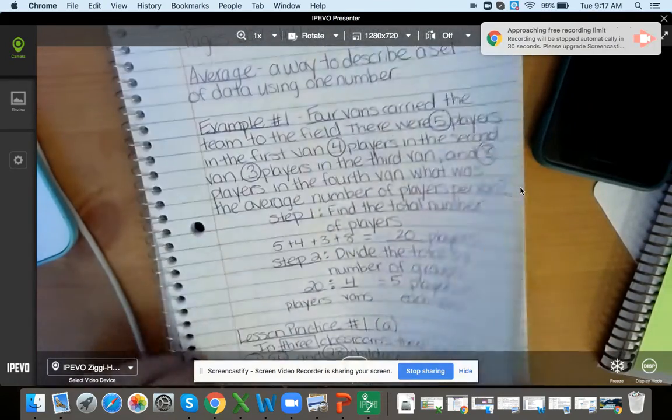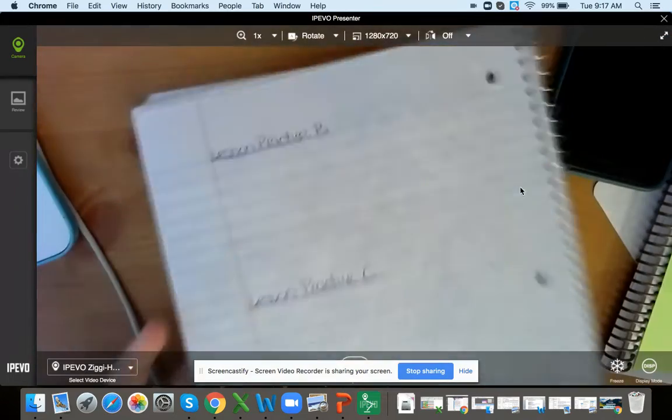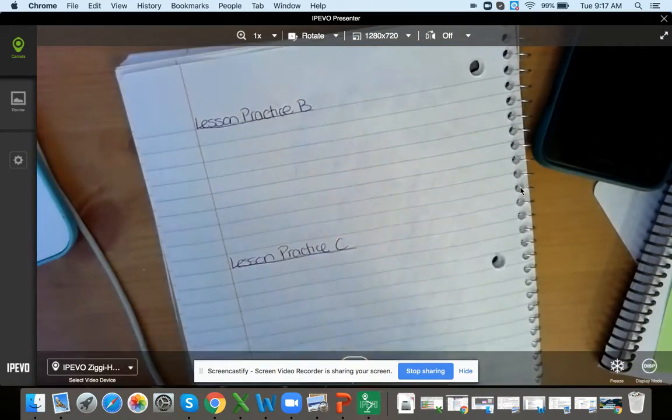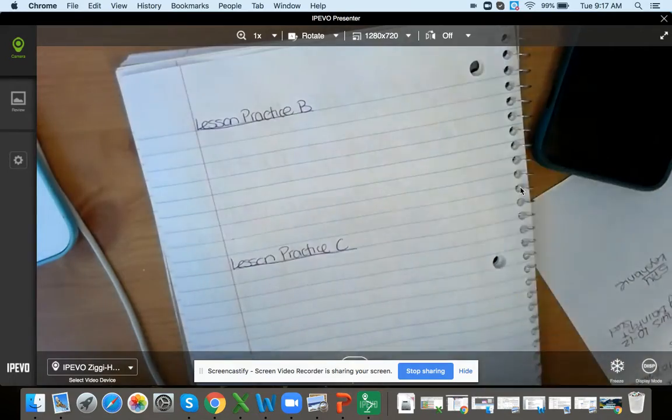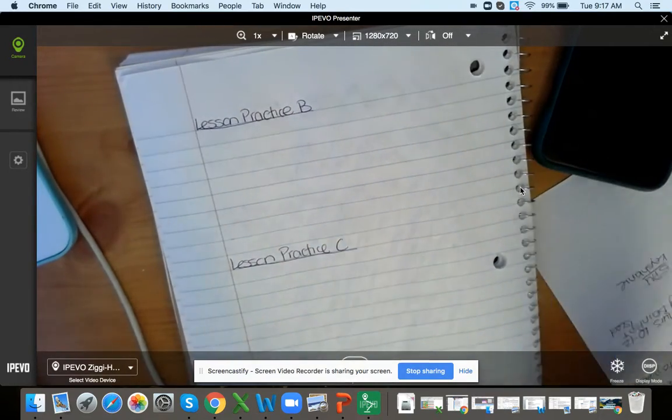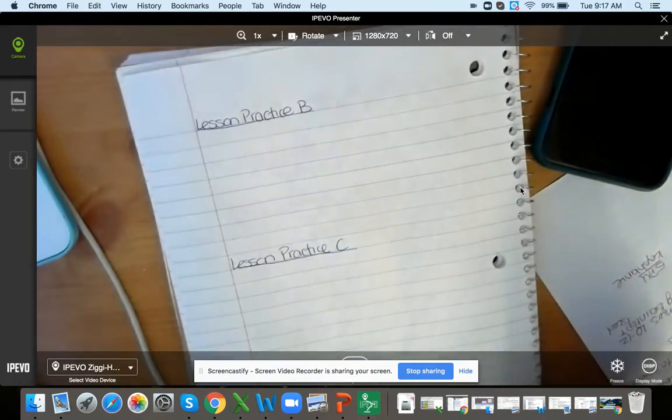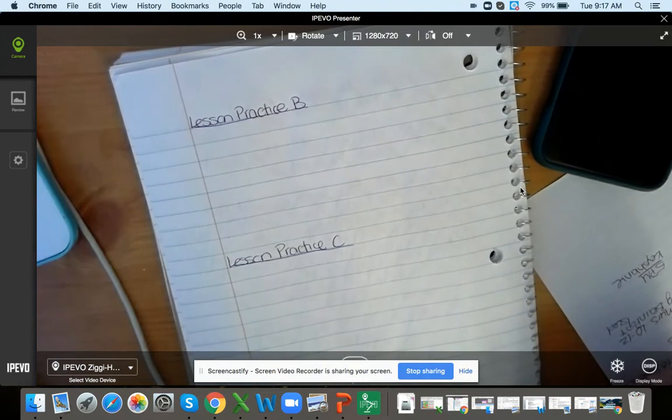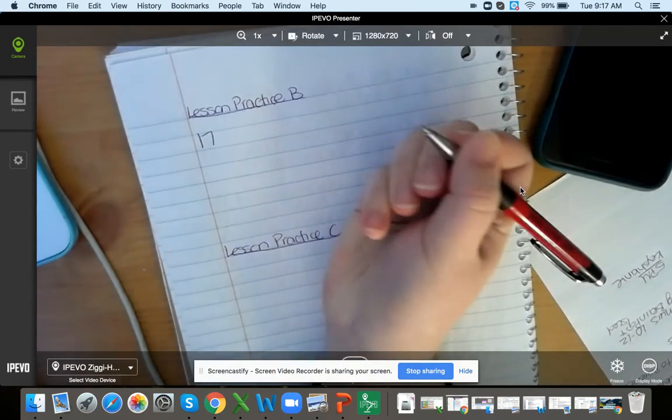All right, going ahead and flipping over to the next one. Lesson practice B says there were 2 stacks of books on the shelf. One with 17 books and the other with 11 books. Allison moved some books from the taller stack to the shorter stack so that the numbers of books in the 2 stacks were equal. When she finished, how many books were in each stack? Well, we know that she has 17 books in the first one,